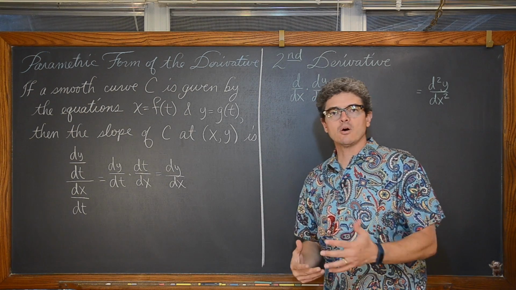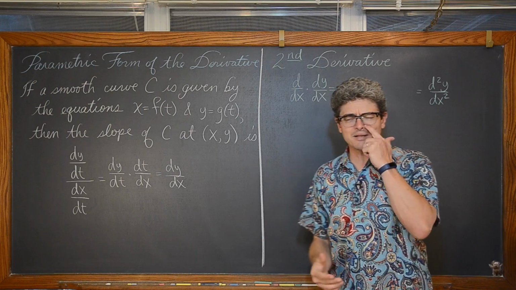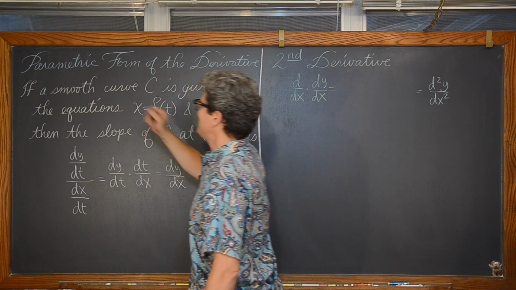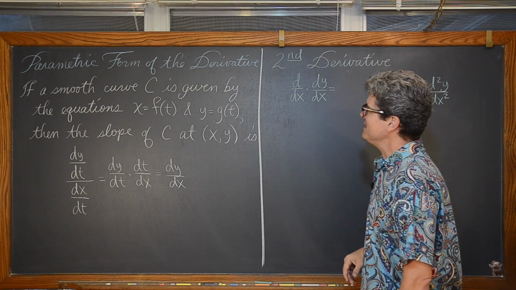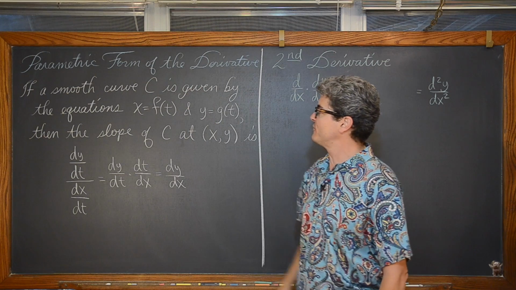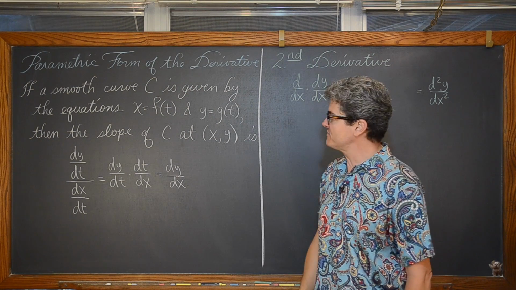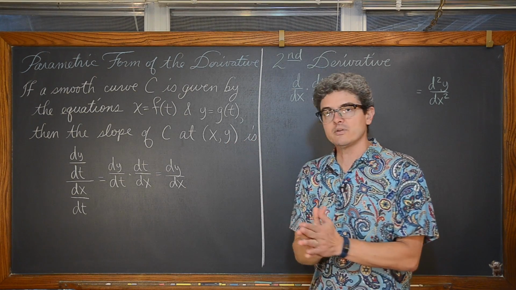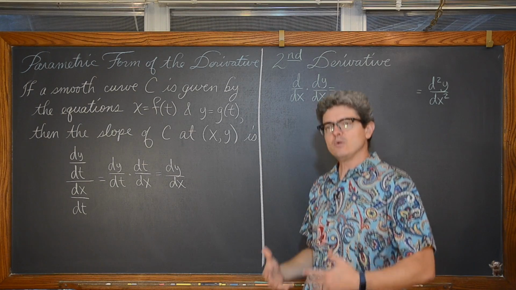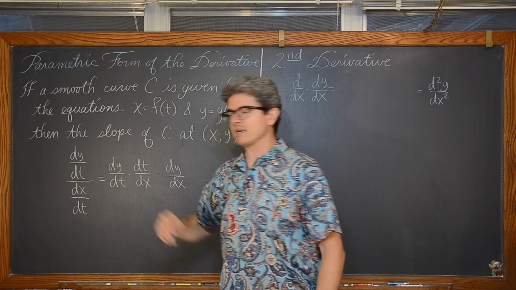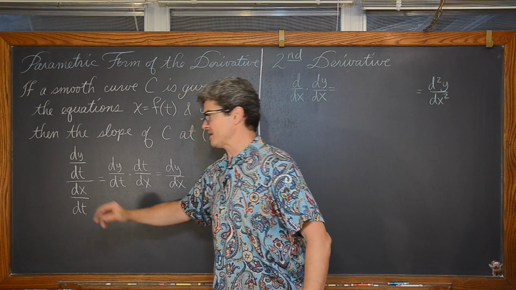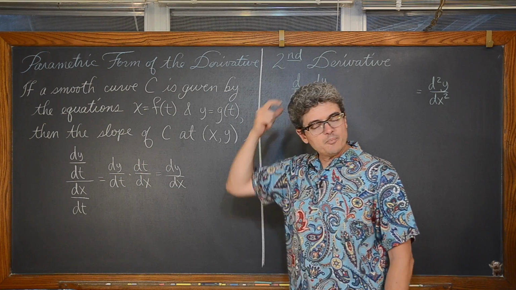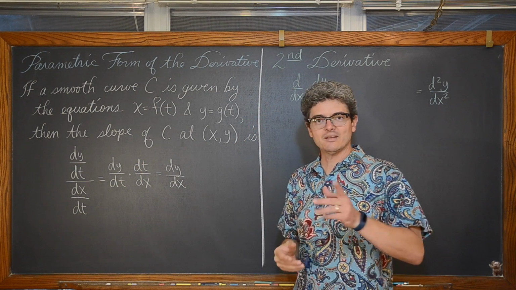We've been reviewing our parametric functions and knocking the dust off of those concepts we learned in pre-calculus. We have, if a smooth curve C is given by the equations x is equal to f of t and y is equal to g of t, then the slope of C at that point (x, y) is, well, here you go. The first derivative is kind of what you would think of as very natural. You take the derivative of y with respect to t, you take the derivative of x with respect to t,